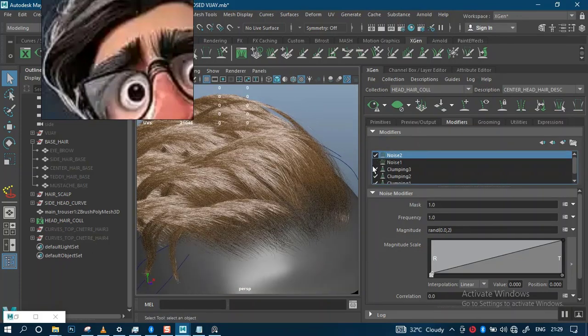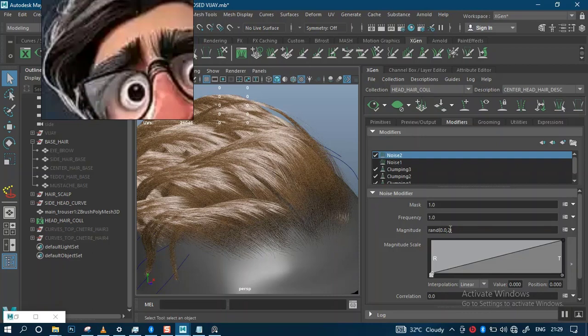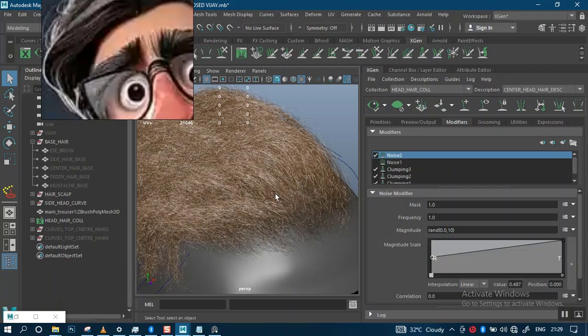So if you turn off this clump, the first noise, and just view the second noise, and go to a higher value, let's say a value of 10, you guys can actually see what is happening in there. I would like to put this around here also. I also want some of the root to be affected. So let's do this again. So you can see now,